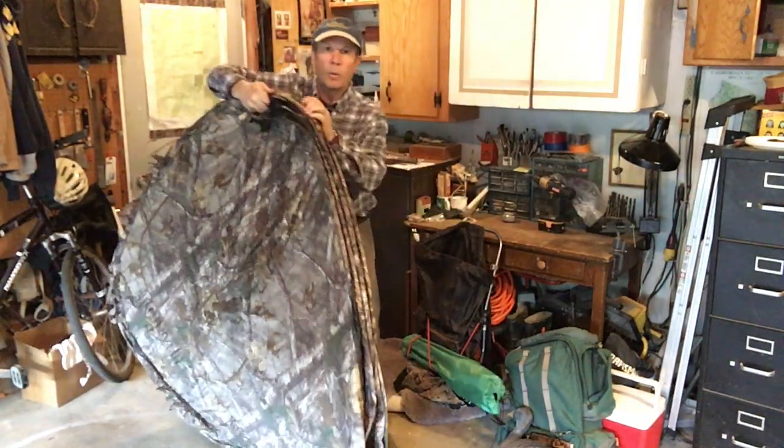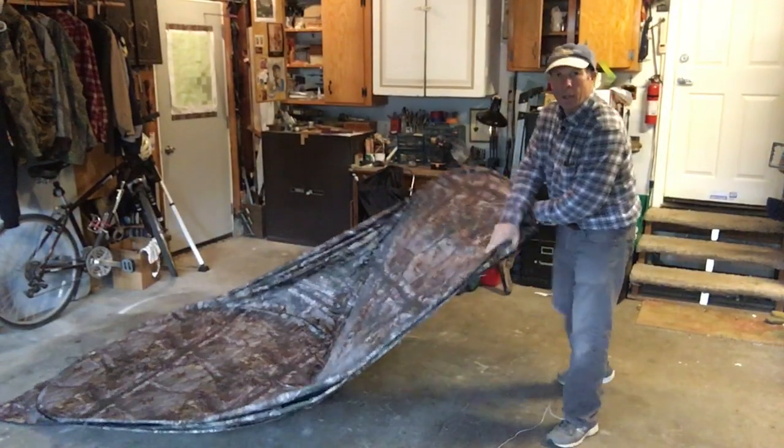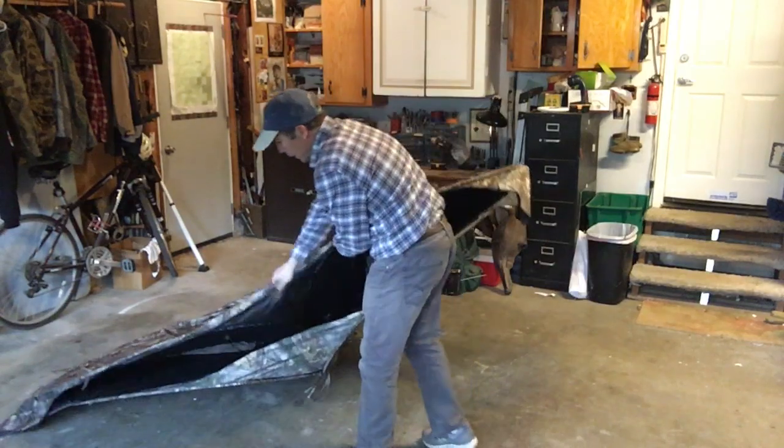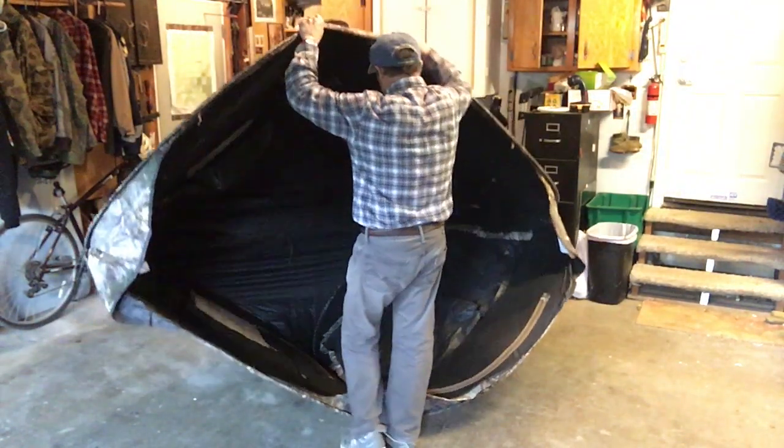And quickly unfold it. I lay mine on the ground like this, and then I come down underneath and pull up on it, and it pulls up